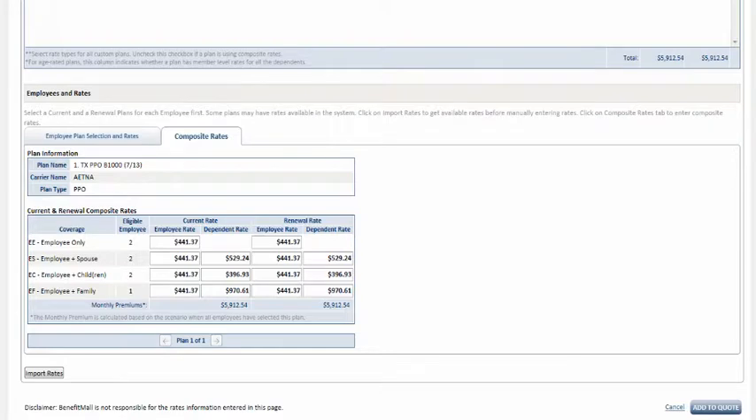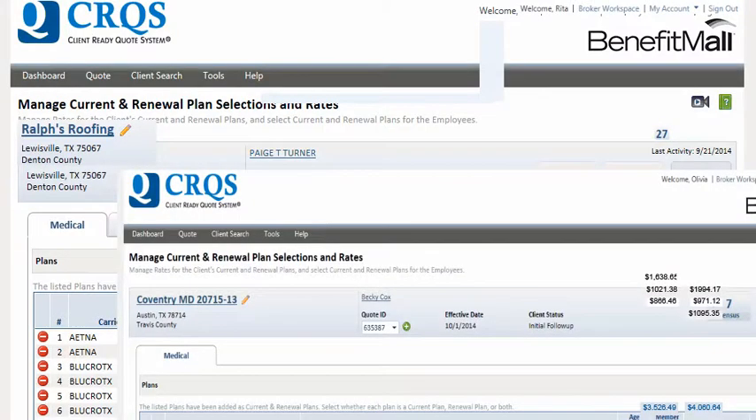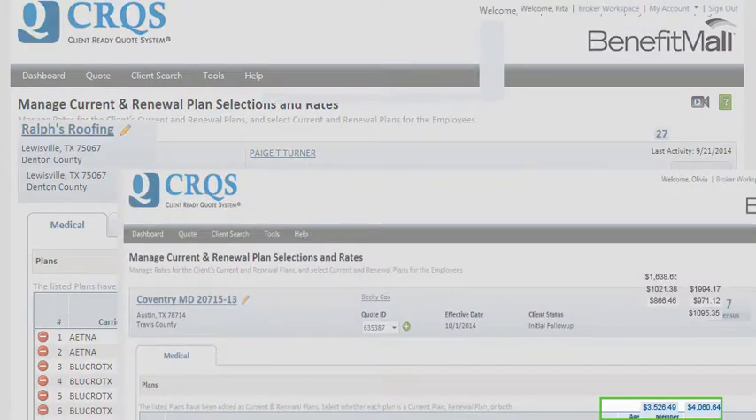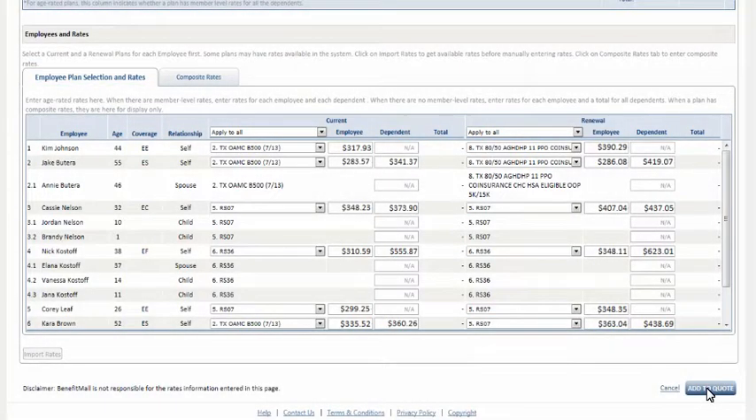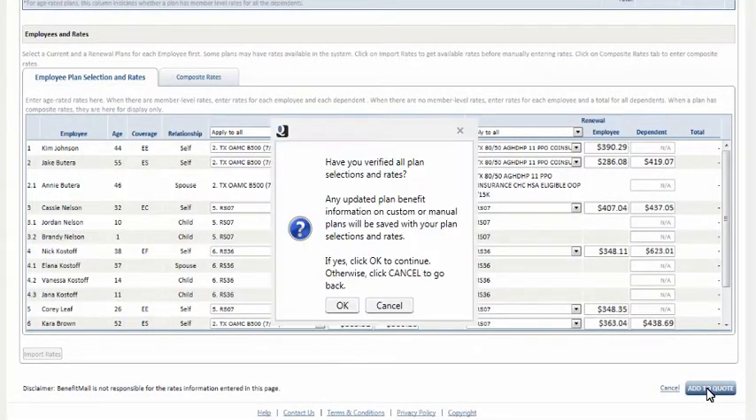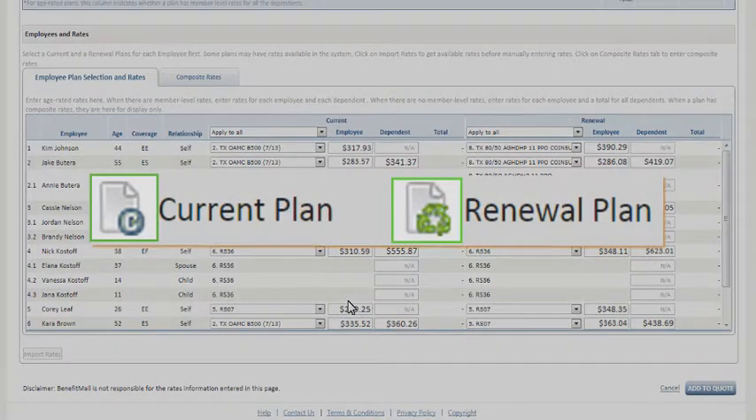If the type of a plan is composite, this table will display the rates based on the data entered on the composite rates tab, as well as on the employee's coverage level. It's important to note the totals of